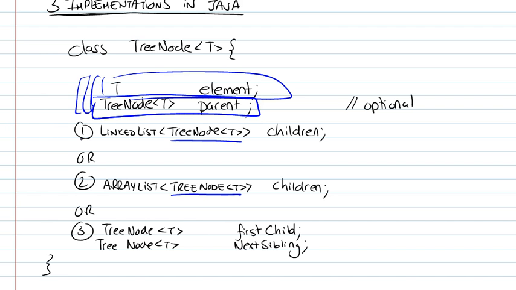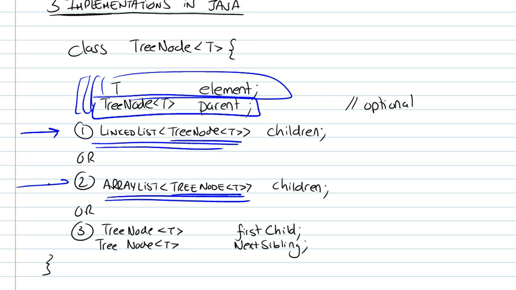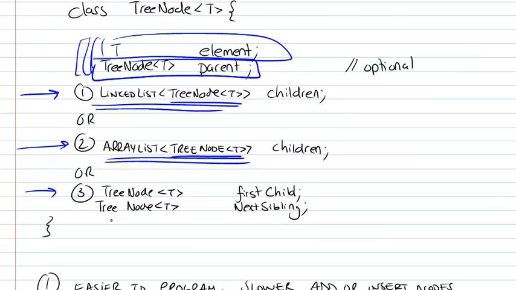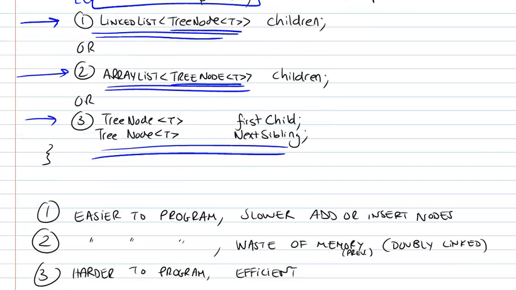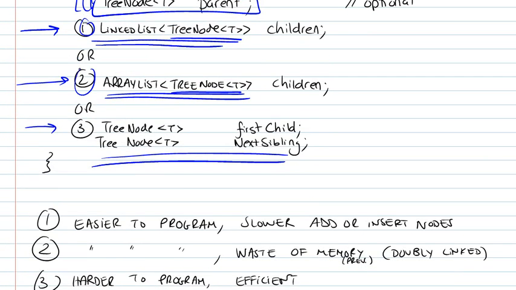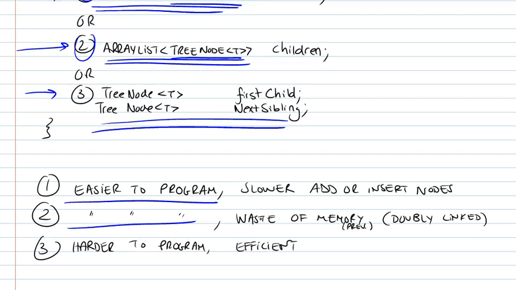And for the siblings list, we could use just a linked list that is provided to us by Java, or an array list, or, just like I showed it right here, we could actually define our own pointers and implement the list itself. So of course, the advantages that come with number 1 and 2 is that they're easier to program. You don't have to worry about the implementations of the list, but there are some disadvantages. It's slower, and it could waste memory, whereas